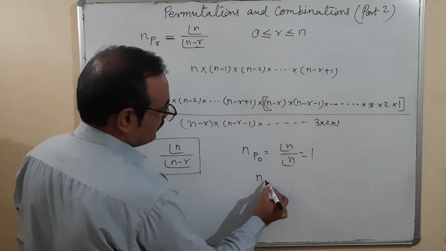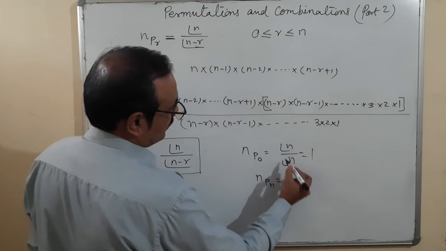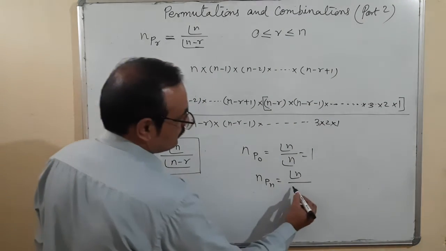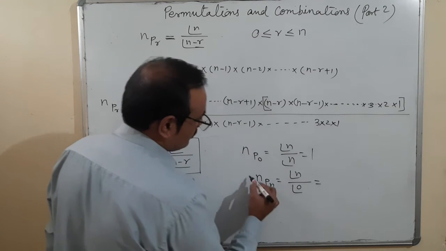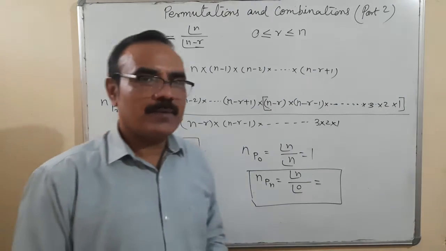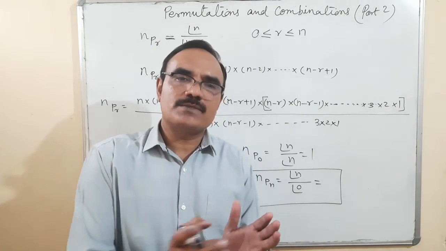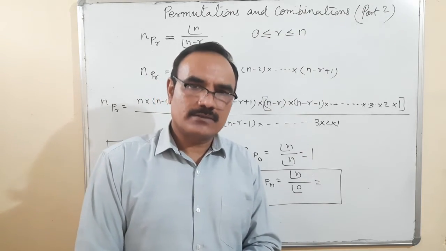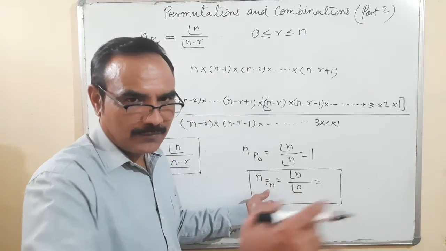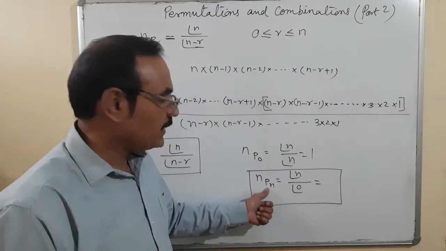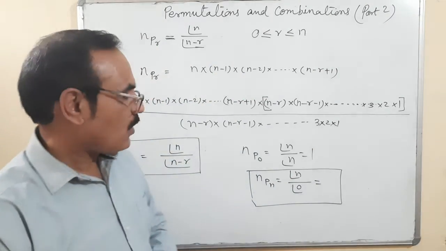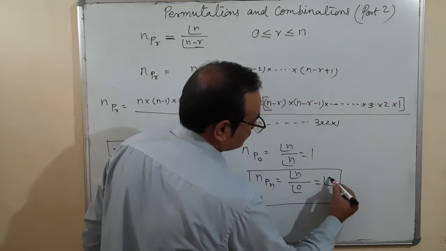And this is nPn. Factorial n upon, in place of r, when I put n minus n, factorial 0. Now understand what this condition is. nPn means we have n objects and we are going to arrange n objects in n different ways. N objects are arranged in a definite order. So nPn, factorial n upon factorial 0, what could be the answer? The answer is factorial n.